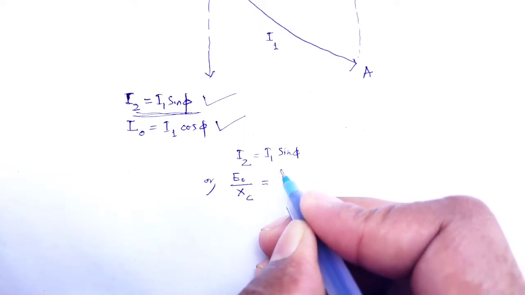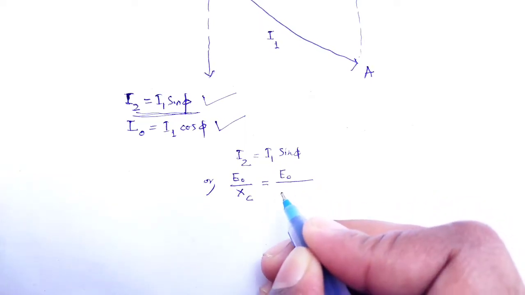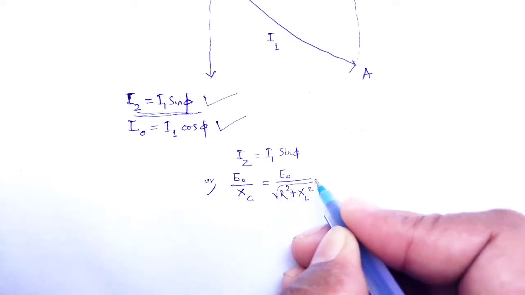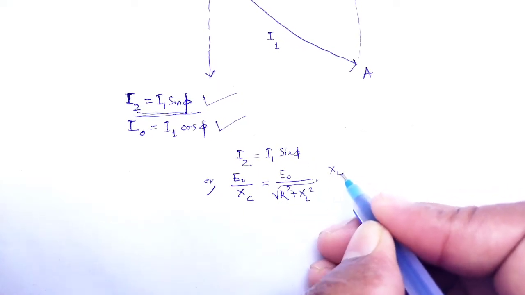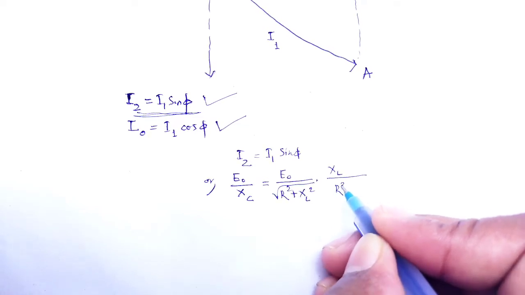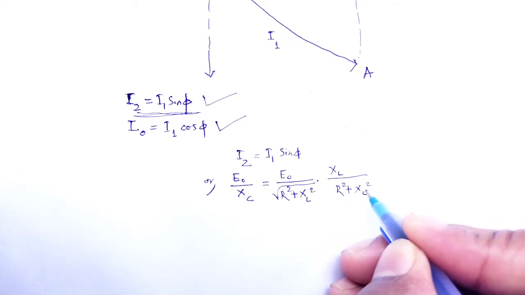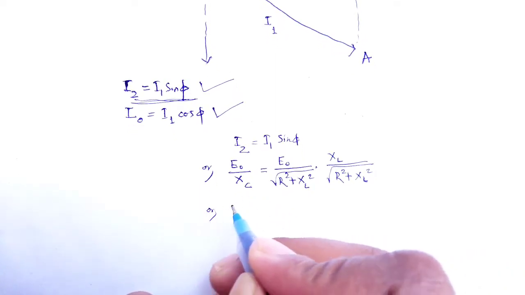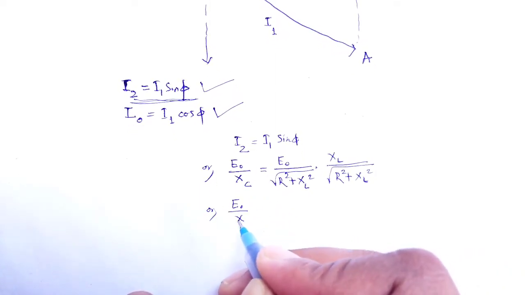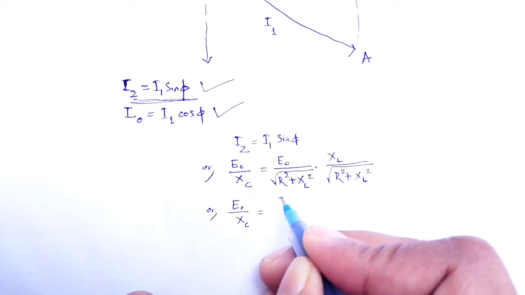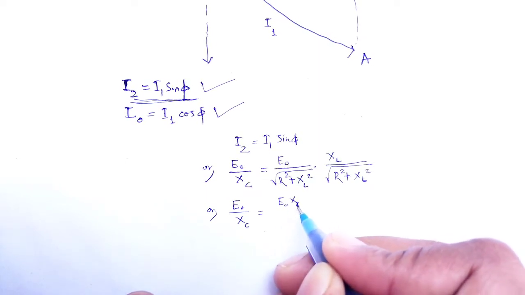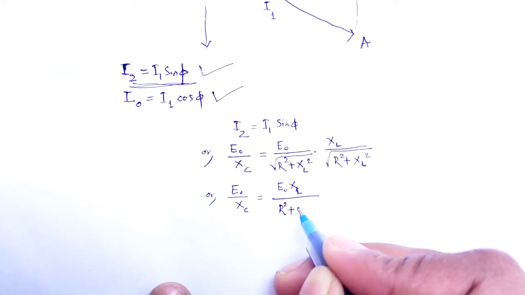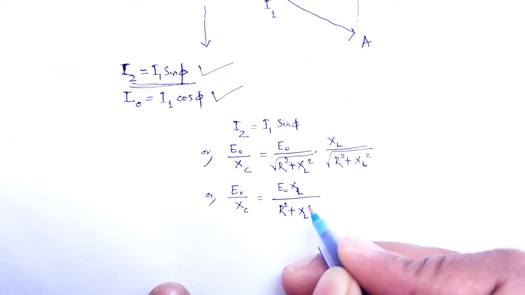In place of I1, E naught divided by under root of R square plus XL square, into sin phi, that is XL divided by under root of R square plus XL square, or E naught divided by XC is equal to E naught XL divided by R square plus XL square,